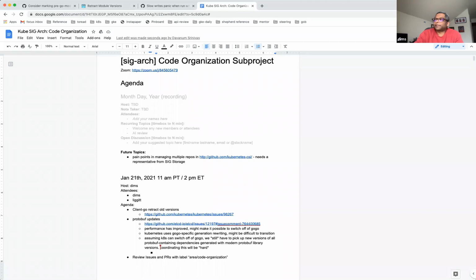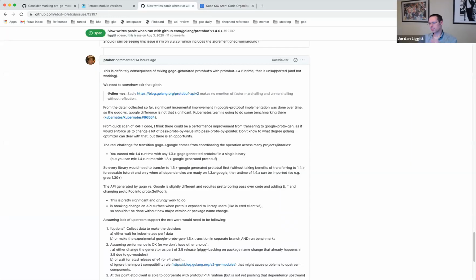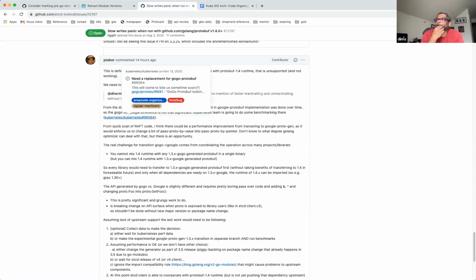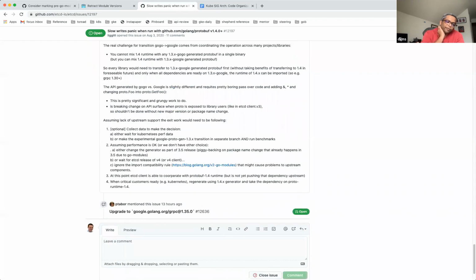So Peter has the pen, and then he'll come back to us. But then we have to go see what he's doing and make sure that everything else can switch. Yeah, it's kind of like we don't want to do the work to switch until we're sure that we'll be able to switch. But right, if everyone does that, then we'll never switch. Also, even if etcd switches, they have to make a